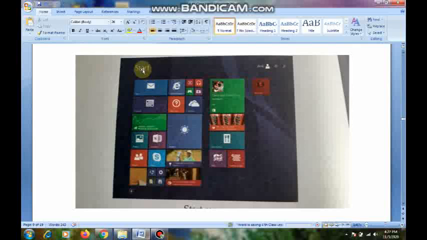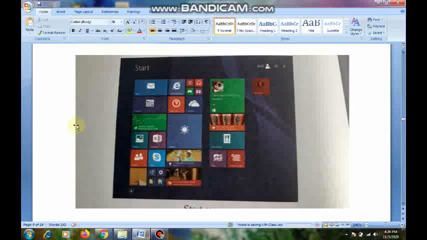Okay, if you click on this start button, a taskbar will appear on the left side. It gives a quick access to open documents. Here we will see what programs are there in that computer.